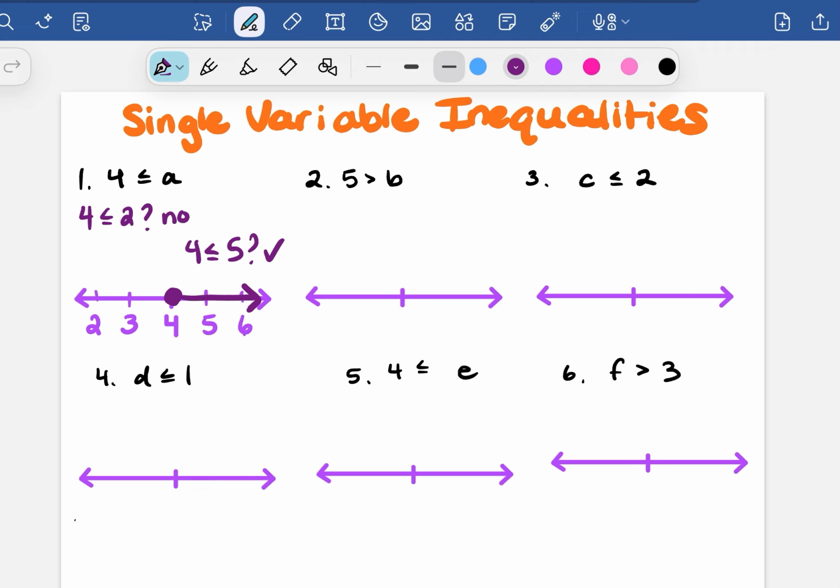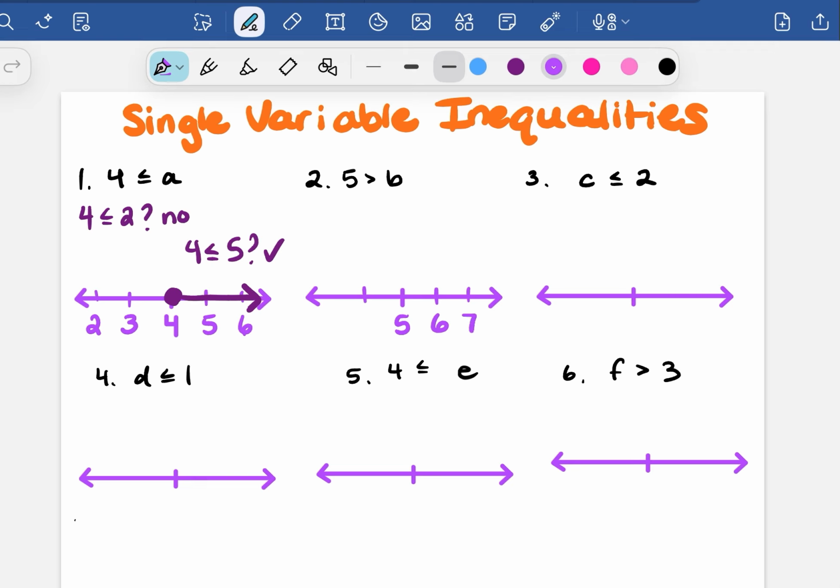Number 2, 5 is greater than B. Greater than because the caret is open to the 5 and closed at the B. So our possible answers are going to be smaller than 5. No longer equal to because there's no line underneath. It is just a greater than symbol. So B, our answers are going to be centered around 5,